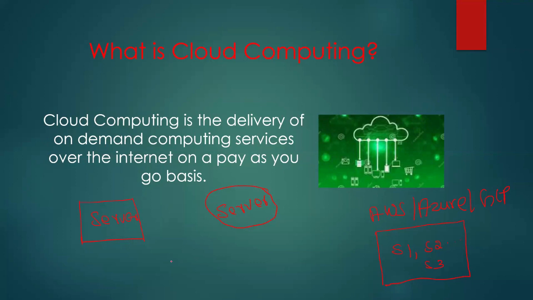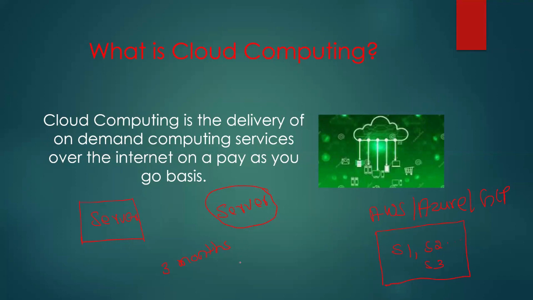Let's say that this project is of duration 3 months, and after that I don't want servers. So I can ask AWS, hey AWS, can you please give me a server for, let's say, 3 months duration on rent? I'm not going to buy this. They'll say yes, we will provide the required server for you on rent. You can take it, you can use it, and once your usage is over, you can give it back to us.